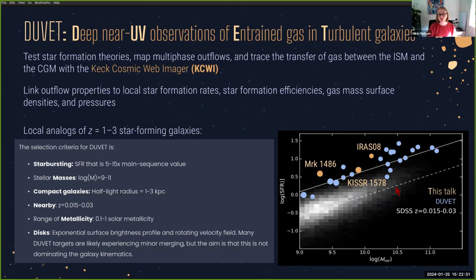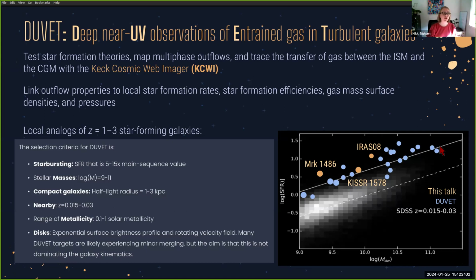We have a range of stellar masses from 10 to the 9 to 10 to the 11. And these galaxies are quite compact. So they have half-light radii of about 1 to 3 kiloparsecs. And that's simply to be able to fit them onto the Keck Cosmic Web Imager's field of view. And these galaxies are nearby. So they have redshifts ranging from 0.015 up to about 0.03. So we're able to get spatially resolved maps of the